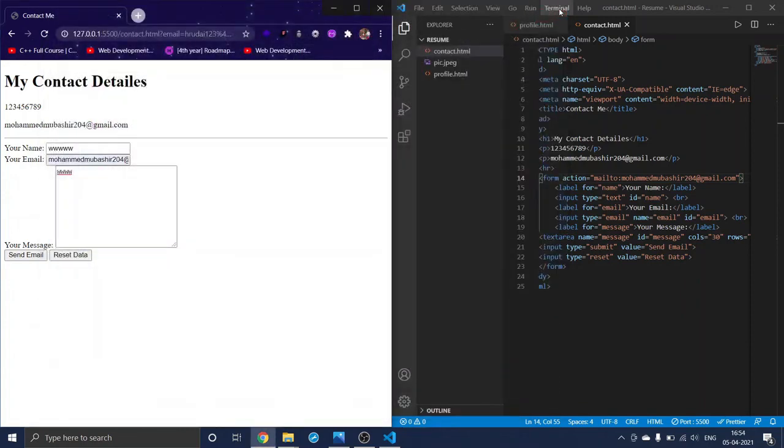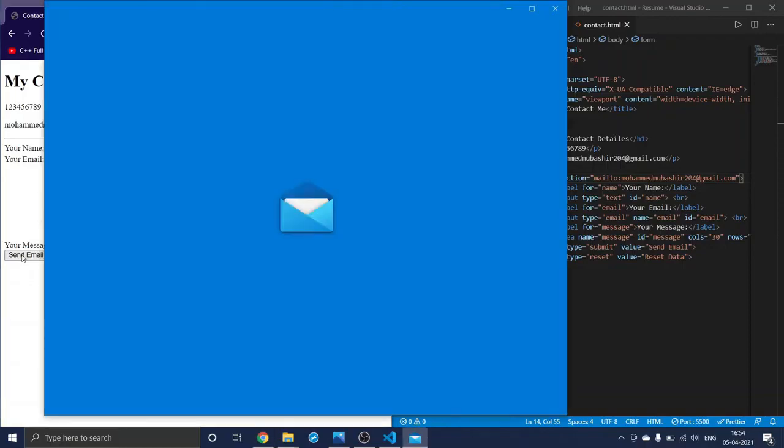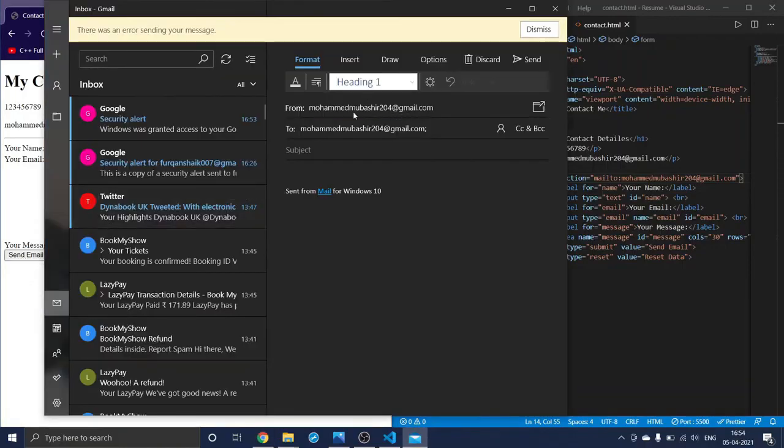So I have closed my mail again. What I will do is, I will again click on the send email. So when you click on the send email, see, from Mohammed Mubashir to Mohammed Mubashir, because this is my email, right? If you are using someone's email or your email, you will get your email here, and whichever email you have written here will come to this place.